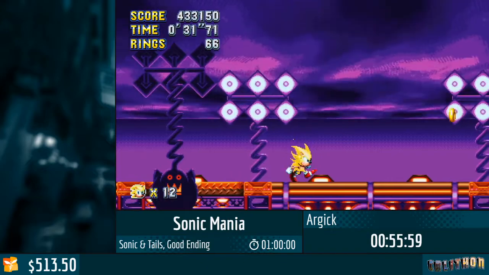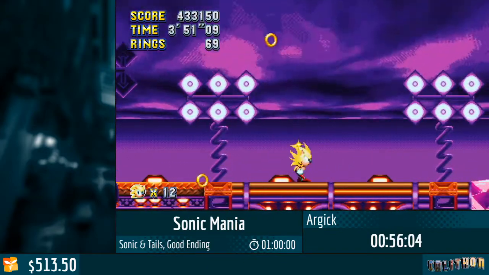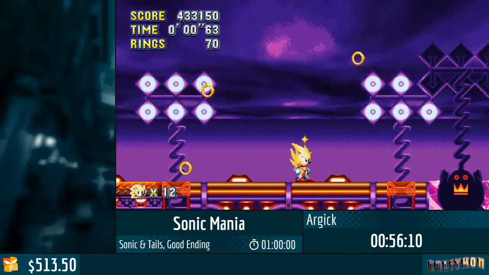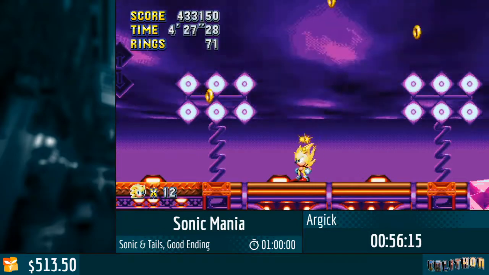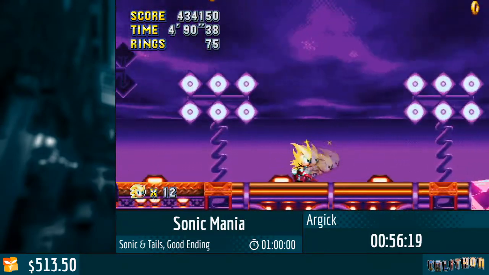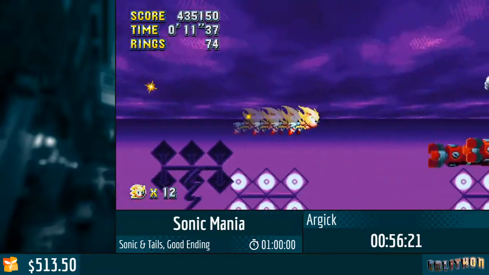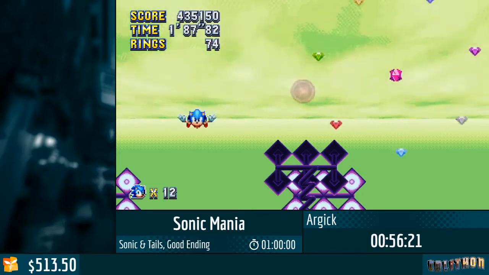We're getting some really good hits here. And if you listen carefully, you might hear a fist bump theme in there. Oh, we're getting some really good hits in this boss right now. All right, that is Heavy King down. Here comes time. And time. And there you go, ladies and gentlemen, boys and girls of all ages. That was Sonic Mania, Sonic and Tails, good ending, finishing in...